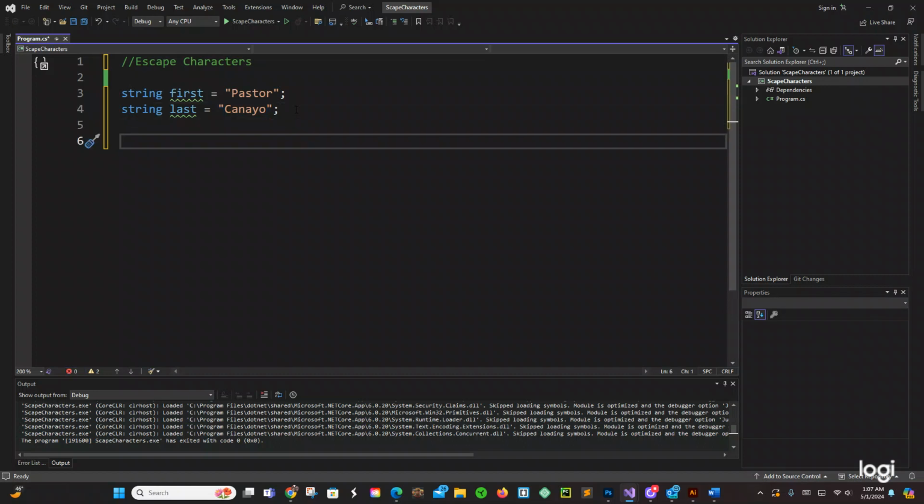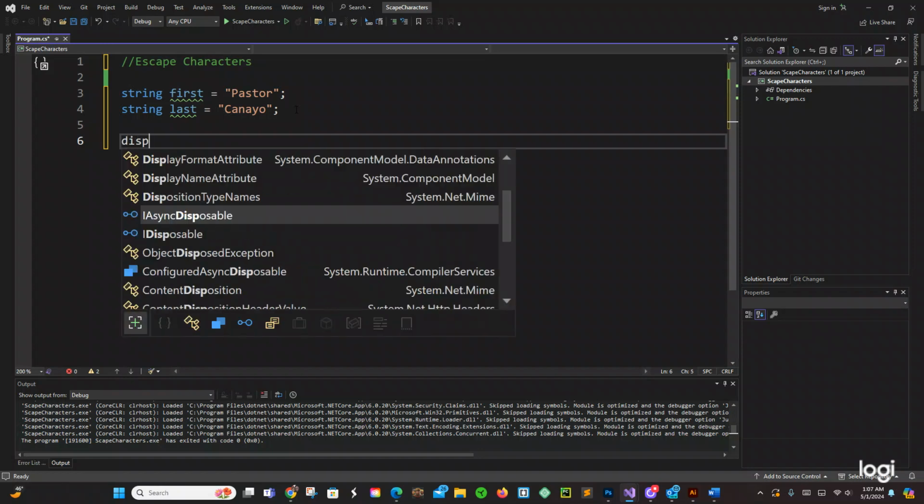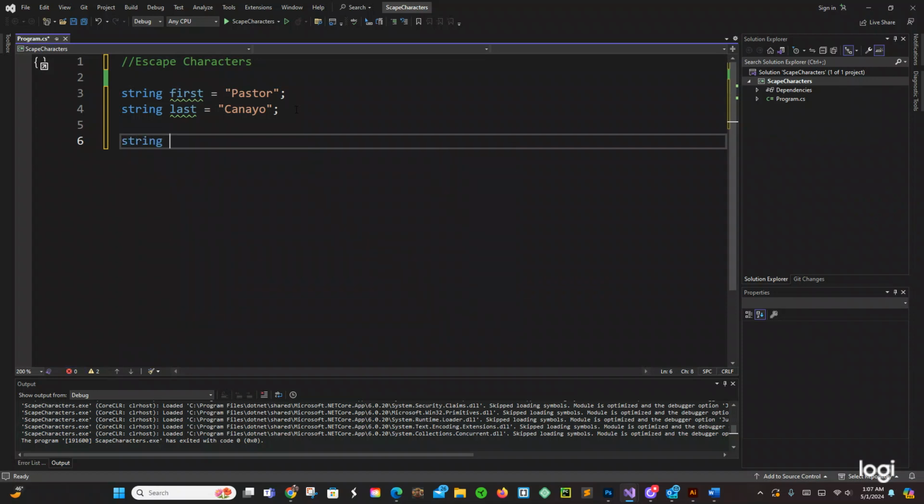Now right here, we're going to use an escape character. We're going to say display name. Let's do another string. We're going to say display name equals to, and we're going to use string interpolation. Let's just do dollar sign, double quotes, and then inside we're going to say welcome. And right here we're going to use an escape character, starting with the backslash, and then n for a new line, and then curly brackets,